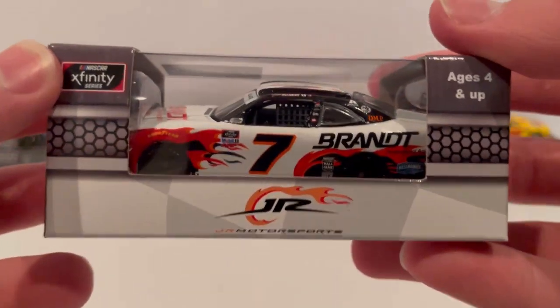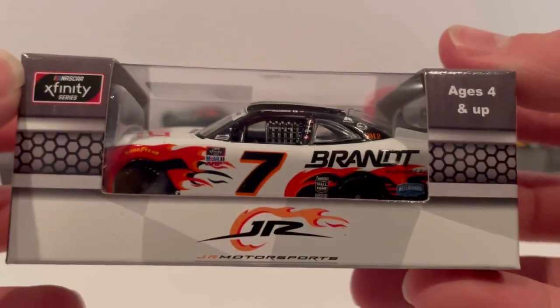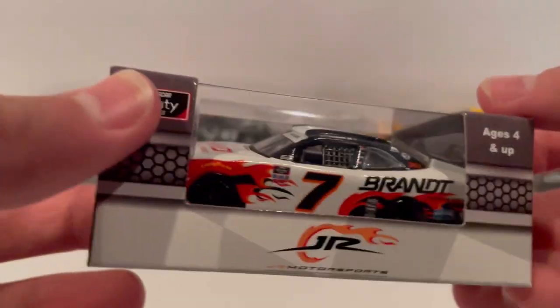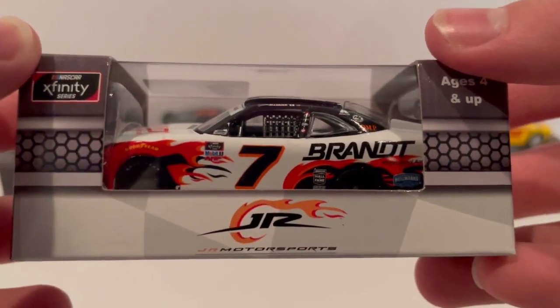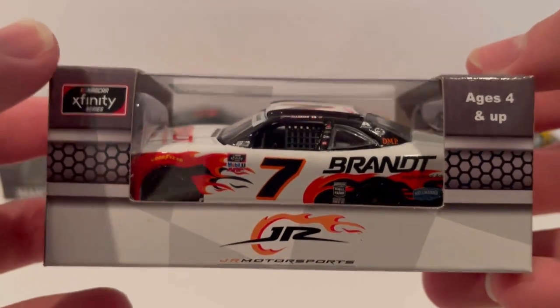So 2020 edition of the Darlington throwback for Justin Allgaier. He's run some Hellman's throwbacks and then these Brant throwbacks. I kind of like the Brant ones a little bit more. I don't know, they're both amazing, so I don't know which one I like more. I think I like the Brant ones just a tiny bit more than the Hellman's one. I just love this Hellman's one, all the yellow and stuff, so that looks pretty cool on the Hellman's